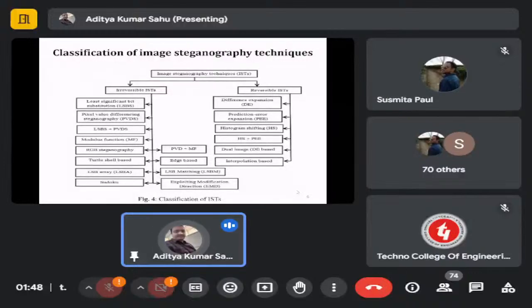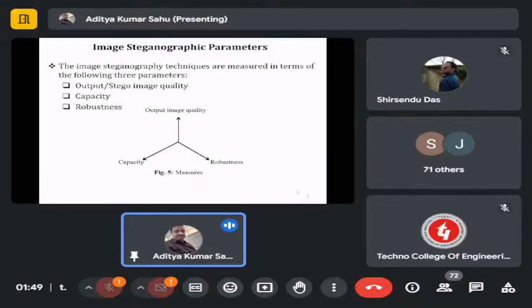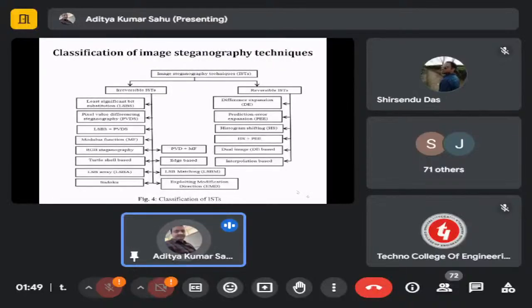It's not certain that they are all irreversible. Alternatively, they can be used either way, based upon our technique, whether for reversible or irreversible. But anyhow, in the literature, authors have provided these kinds of state of the art techniques. Okay, coming to reversible image steganography techniques. One is difference expansion, which is very famous. We have prediction error expansion. We have histogram shifting. We have a combination of histogram shifting and prediction error expansion. We have dual image based information hiding. We have interpolation based steganography, the reversible one. So these are the classifications of image steganography techniques.